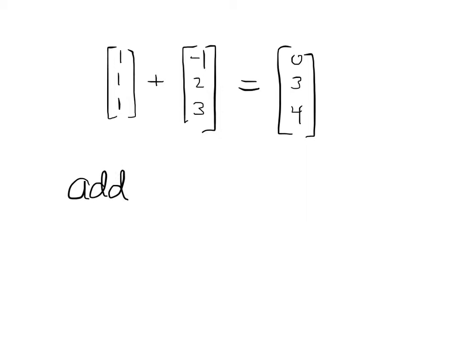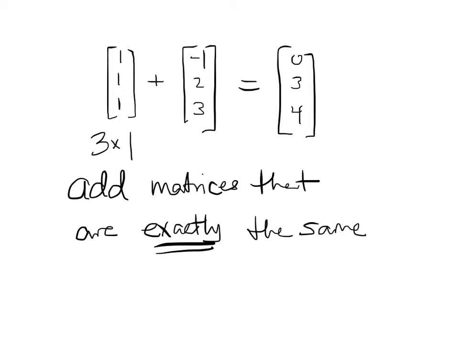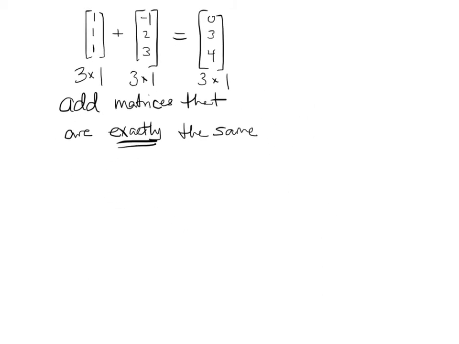You can only add matrices that are exactly the same. What is this matrix? How many rows, how many columns? How many floors, how many elevators? 3 floors, 1 elevator. Right? 3 floors, 1 elevator. We couldn't multiply these matrices. So we can only add matrices that are exactly the same. Okay. Now, before we talk about dividing matrices,